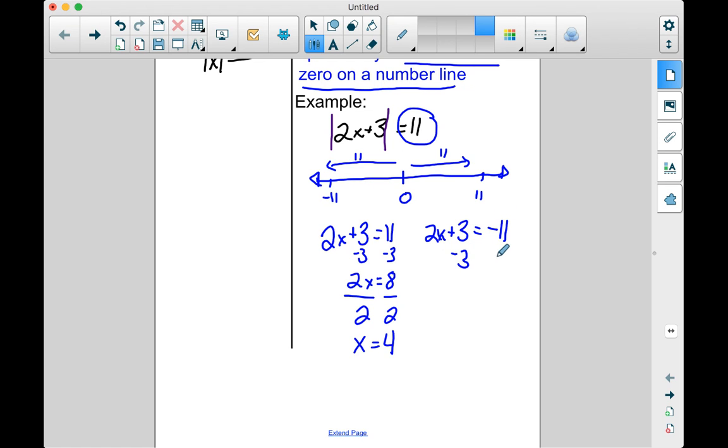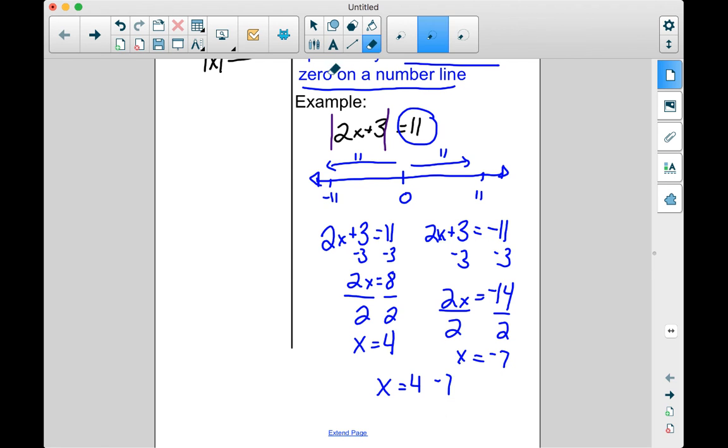So I'd subtract 3, so I get 2x equals, I've got to remember my integer rules here, negative 14, divide by 2, so x equals negative 7. So here, x could be 4, and it could also be negative 7. Okay, I actually don't need that comma in between there. I just need to know that both of these values, I'm going to put an and symbol, both of these values are true for